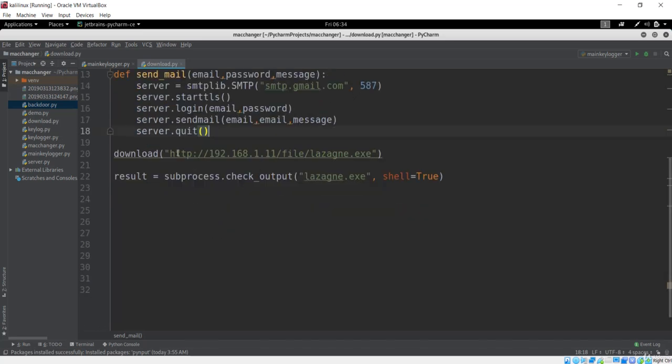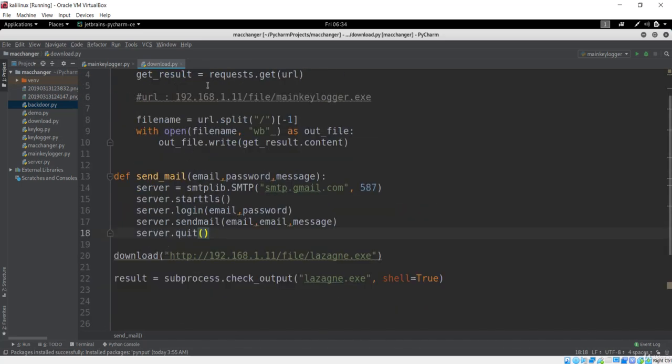After that we have this download, which is calling this download URL, and it basically gets that file. And after that we are here to just run that with this check output method. If you remember, it was not only this lasan.exe command, it was also with the all option.